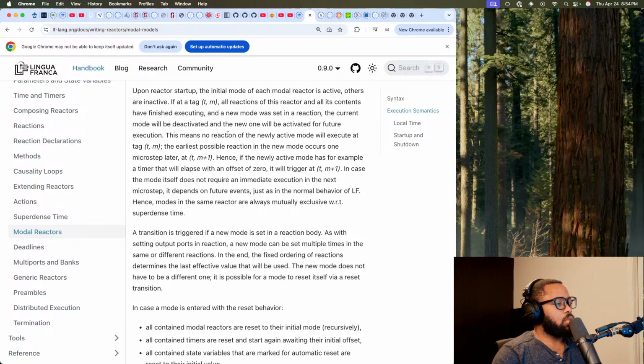This means no reaction of the newly active mode will execute at time Tm. The earliest possible reaction in a new mode occurs 1 microstep later at Tm plus 1.